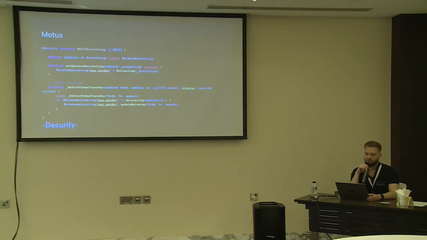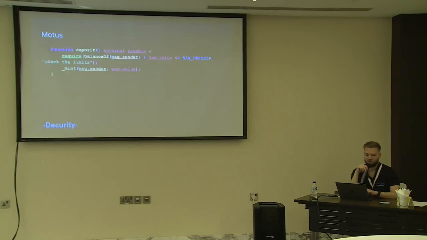So it means that this external contract could be called on any transfer that you make just before the balances are updated inside the ERC20 token. And this may be critical when you do some accounting before the actual update, which means that